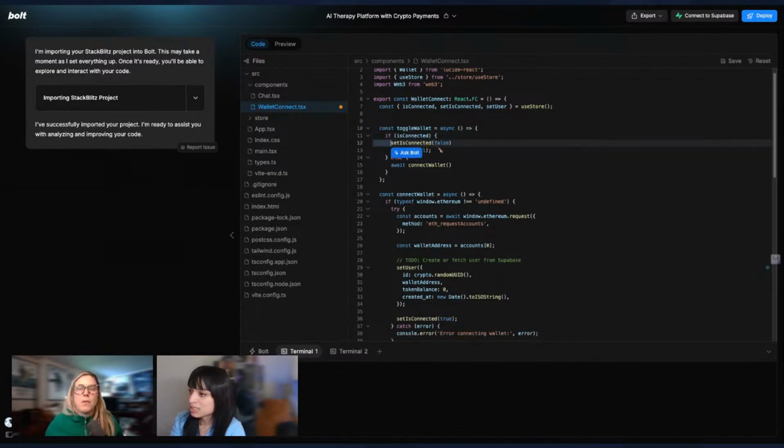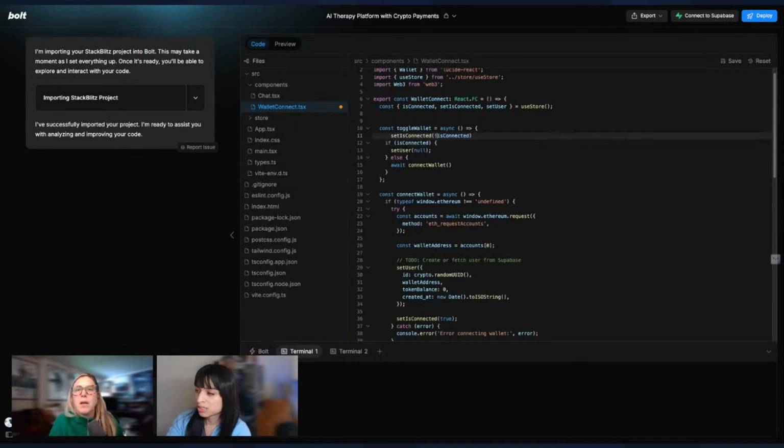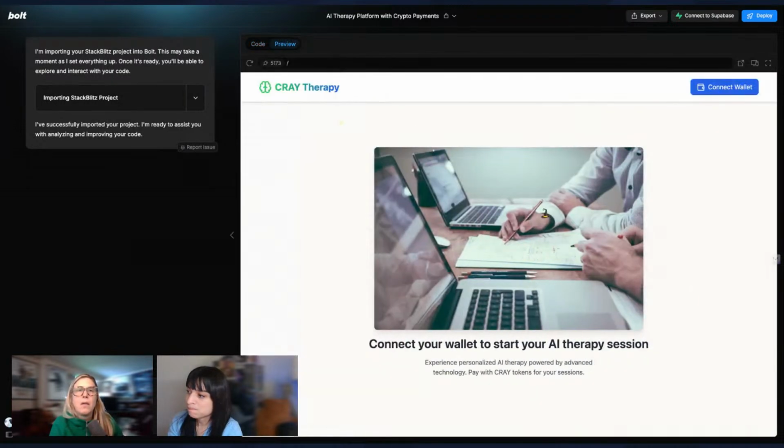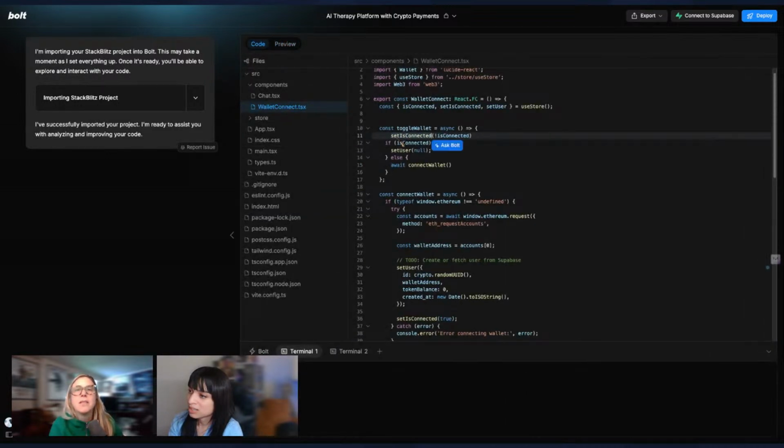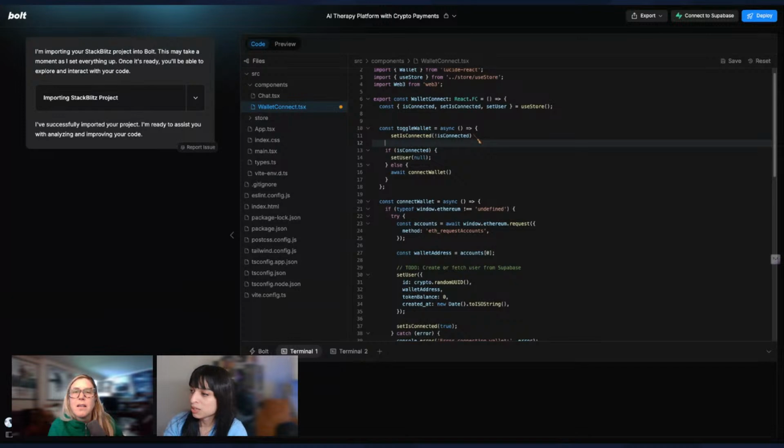So is connected, set is connected to false. Now what we can do, instead of always doing that, is just change the state for is connected. So it doesn't matter if it is or isn't connected. It's just going to flip it the other way around, right? So that's the first step that we'll do. Now the second thing we'll do will always be a valid functionality, and we can test that to make sure. Looks like it's doing well. Does that make sense? Yes. And that's this essential part of toggling the wallet.